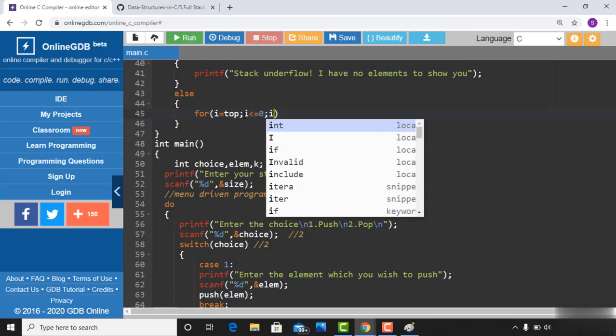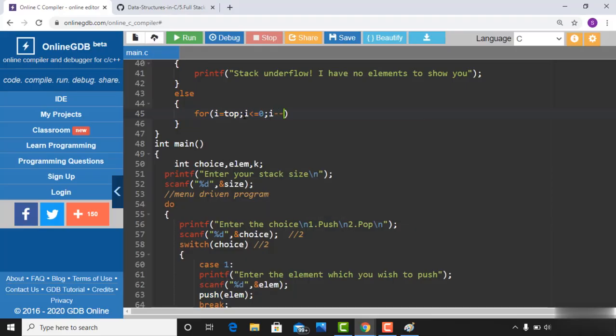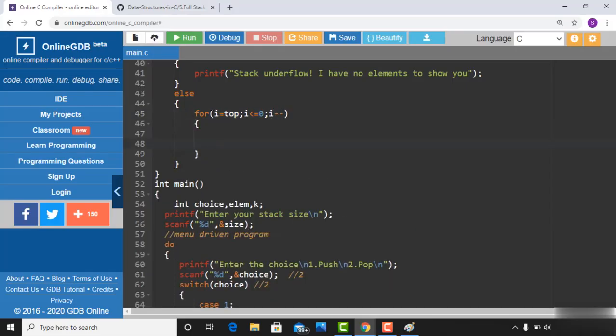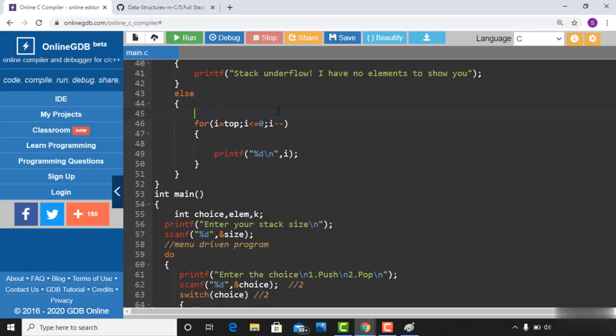That's the first element, right? Since it's an array, I can write this. So it goes to the 0th element, and I'll just decrement the I value, because I'm starting from top. So printf and percentage %d and \n, and I'll say I here, so it will print the top element. Before that, I'll say the elements are